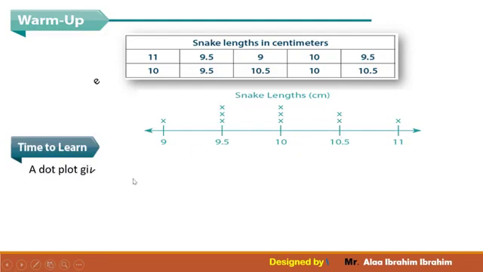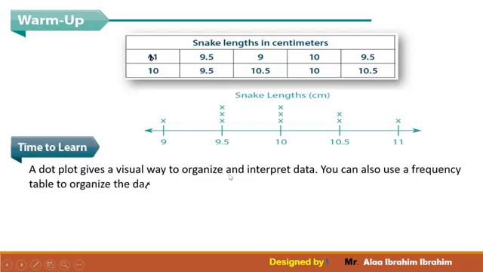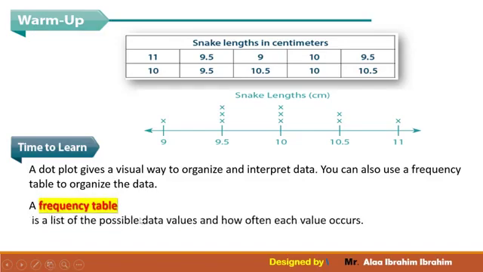Now, dot plots give a visual way to organize and interpret data. You can also use a frequency table to organize the data. A frequency table is a list of the possible data values and how often each value occurs, here meaning how often each value happens. So we're going to the first